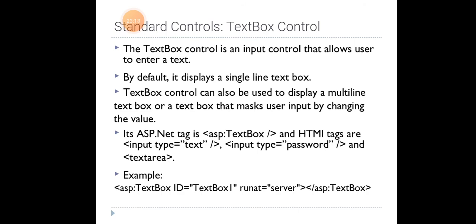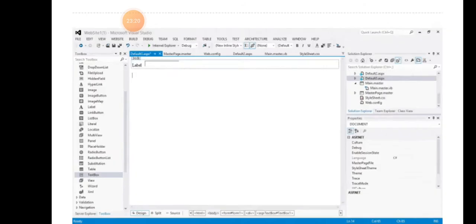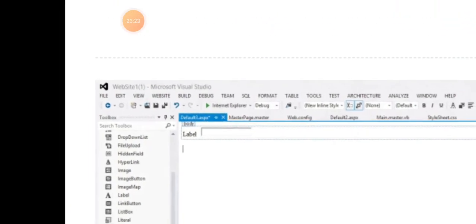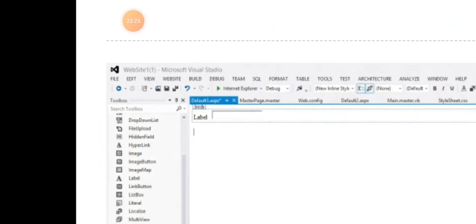Here is an example. Here I am adding a text box. First I add the label box. Next here I add the text box.